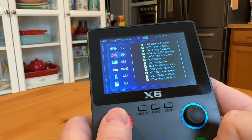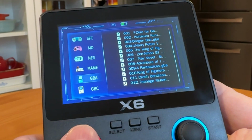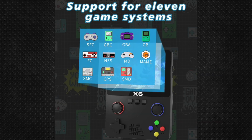The games are broken down by system, but with mismatched names and icons leaving you no choice but to go into each subfolder to find out what it actually is. And good luck with that. Most retail listings indicate that the X6 will come with a micro SD card filled with ROM files, and the included